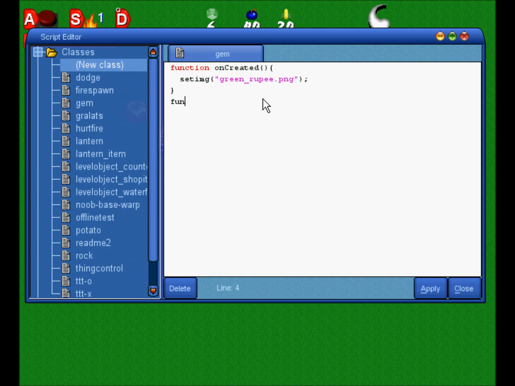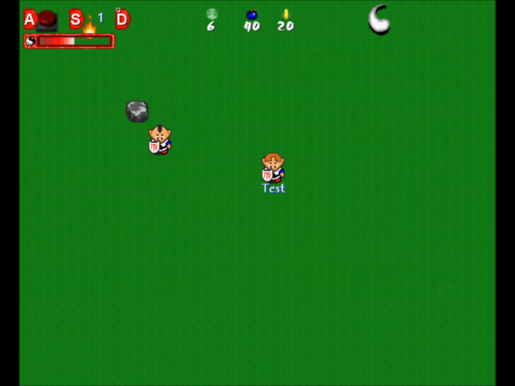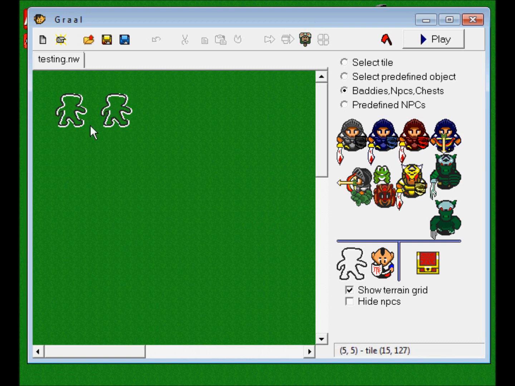Then to delete it, function on player touches me. Then let's put this dot destroy. Okay, let's apply this. Now let's minimize this and open our level editor. You can ignore these two NPCs right here. So let's put down a new NPC